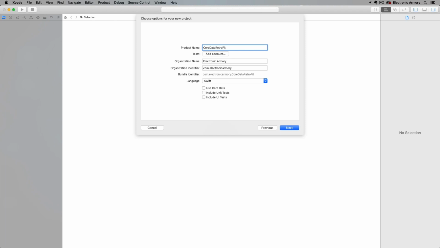In this video, we're going to show you how to retrofit Core Data into an existing project you may already have. You may have accidentally forgotten to tick the Core Data checkbox when initially creating the project, or maybe requirements have changed since you started it. I've had to do this a few times in my own projects, and it's simple once you understand the different